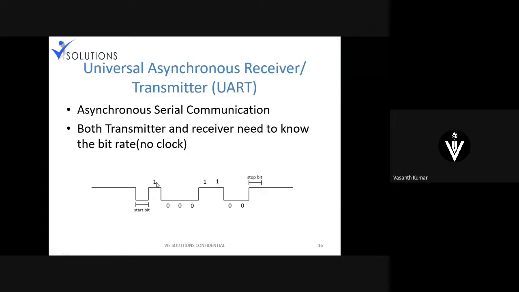Usually you go for 8-bit transmission. You can also go for 16-bit or 32-bit transmission, but usually we prefer 8-bit because the receiver will know that 8 bits of data are going to come. You can see the 8 different bits of data, from this 1 to this 0. This is the data.